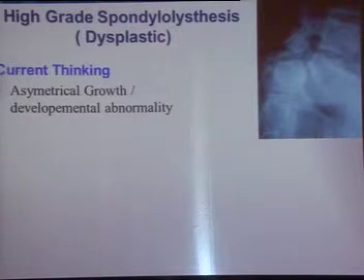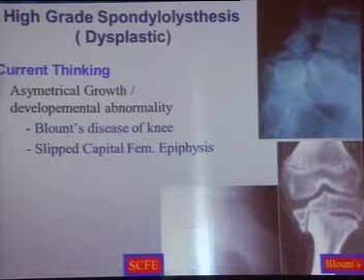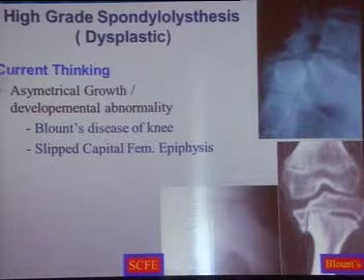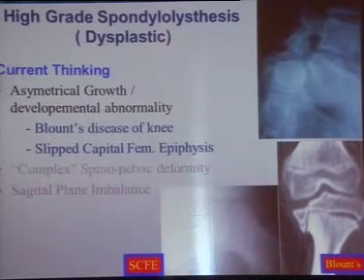Also, these dysplastic high-grade listhesis are different animals, if you want to call them. There's asymmetric growth, developmental abnormalities, and they are akin to what you know in orthopedics as Blount's disease and slipped capital femoral epiphysis. Look at the similarity there. They are all growth asymmetrical disorders really, and you have to look at them like that, and you have to treat them early, and you have to do something about that